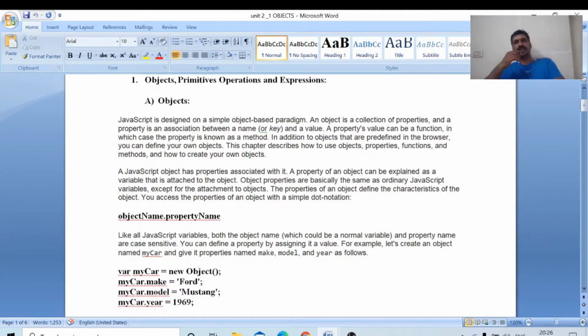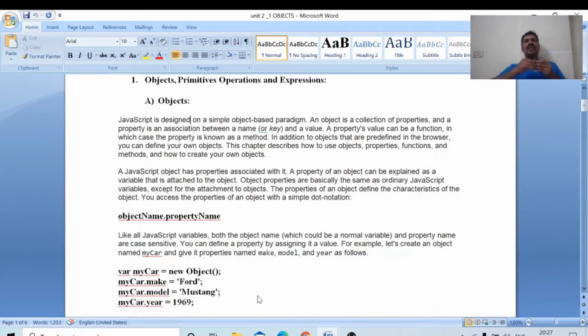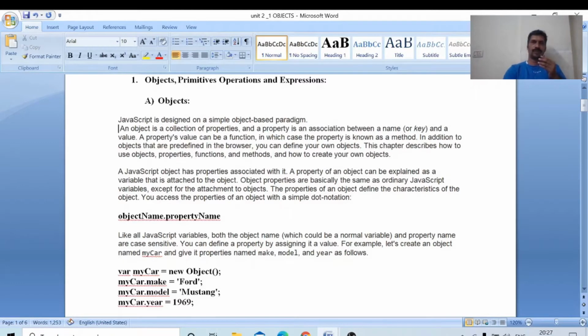JavaScript is designed on a simple object-based paradigm. We have to write notes like this. Everywhere we will see objects in JavaScript, in a number of places. An object is a collection of properties.